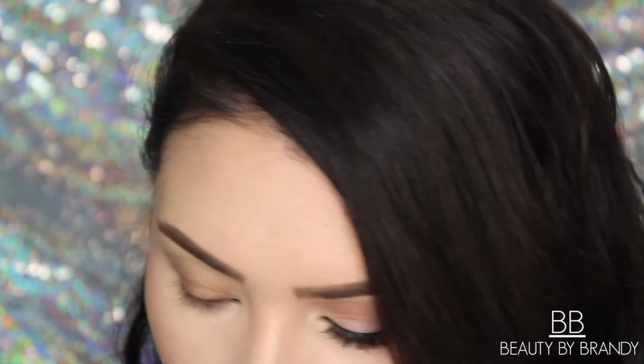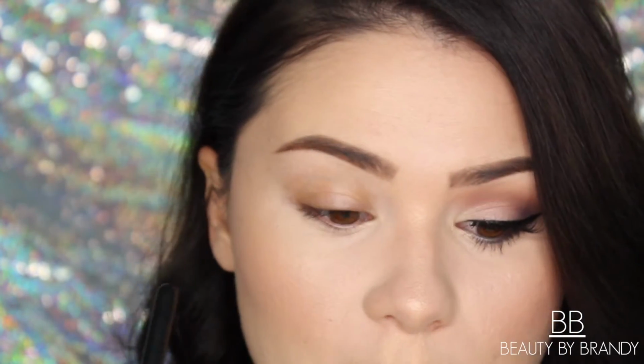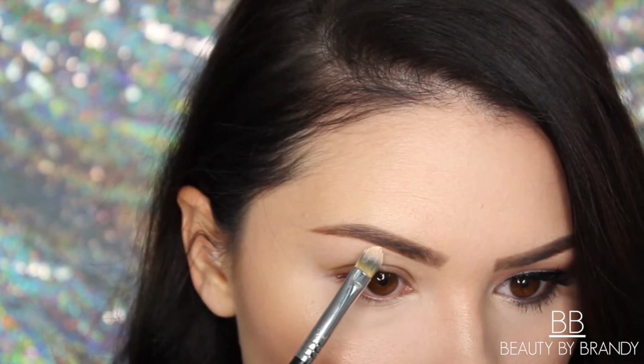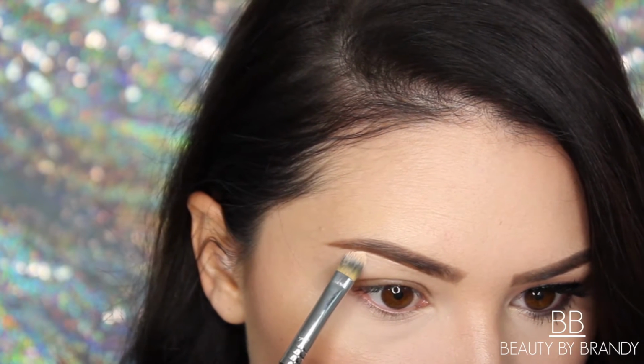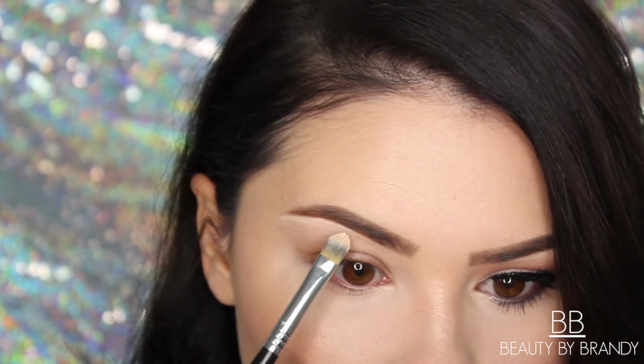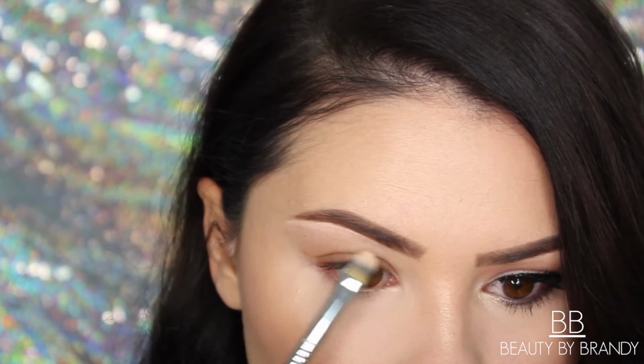So what I do first is I take my concealer brush and just dip a tiny bit into that. Now this brow is pretty well shaped already, so it doesn't really need it, but just imagine that it was kind of messy. Then you can just run your concealer brush along the edges. Just like that. And then you can take that fluffy brush